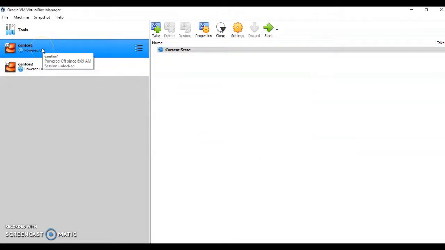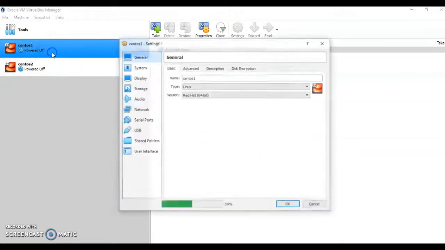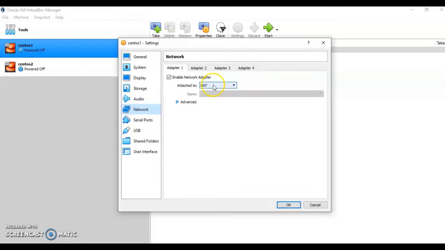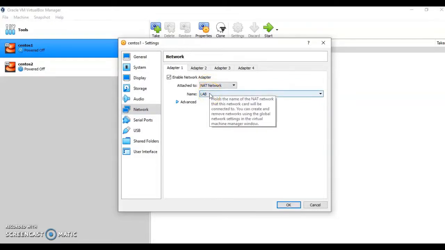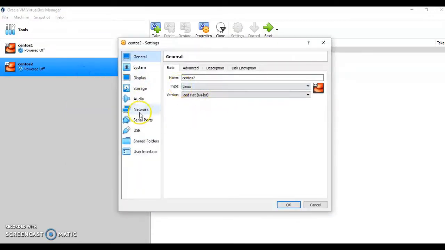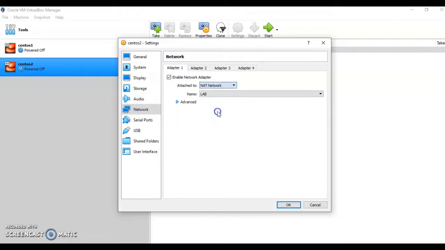Then you can go to the individual machine's configuration and select the NAT network that you have added. Go to the network tab, and instead of NAT, now choose NAT network. Whenever you choose the NAT network, it will automatically choose the name that you have provided. Then simply click OK. Go to the second machine and go to the settings. Go to the network tab and select the NAT network. Here also it will automatically choose the name of the NAT network that we have added with the specific IP address. You can add more than one NAT network here. It depends on your own requirement.